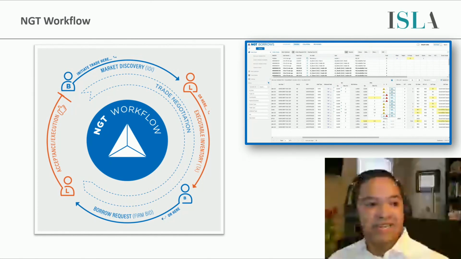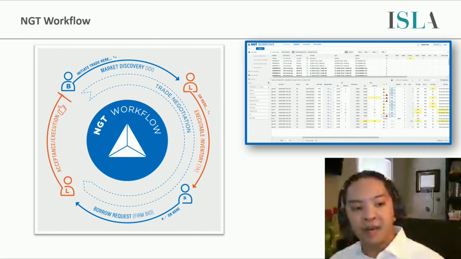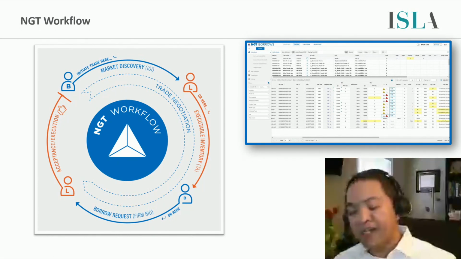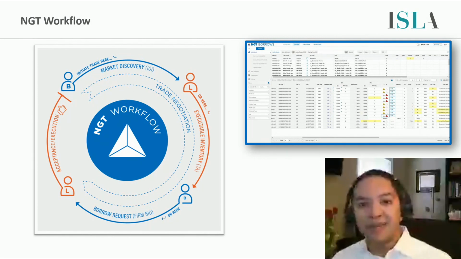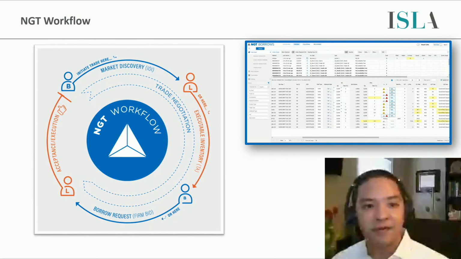We're ultimately aiming to get to the shared trade ticket, but in order to get there, we allow our clients to integrate in a plethora of ways. At the simplest form, manually through our proprietary trading screens, all the way up to full-blown STP, or straight-through processing, where they send messages from their processing system into us, and it allows them to bilaterally communicate with their counterparts back and forth.